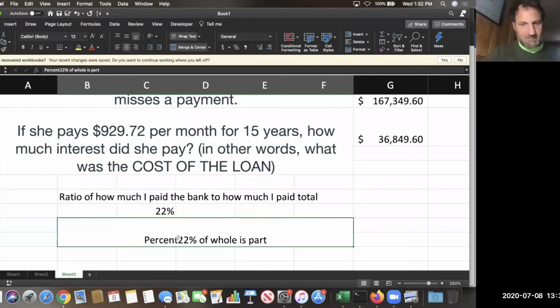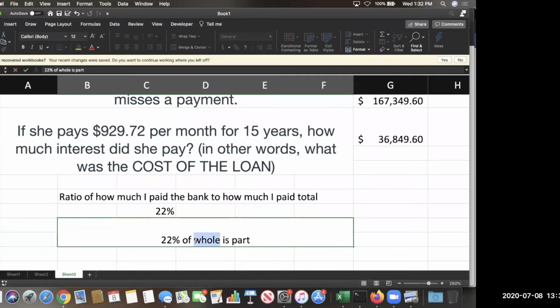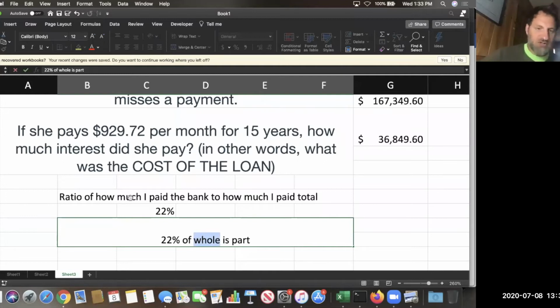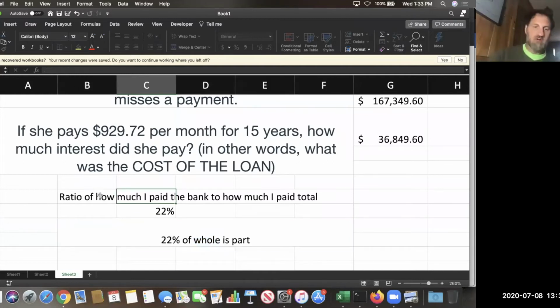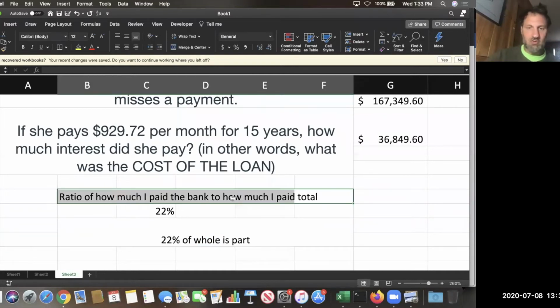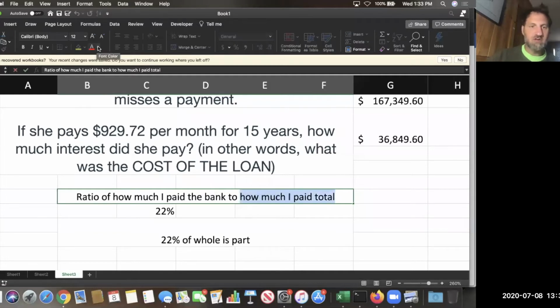Okay, so you filled in percent with 22%. That's good. And what's the whole in this case? Is it the loan? Well, I would go back to the ratio framing here, and then think about the fact that this is part to whole. So the whole is after the word to. This part right here, this little set of words. 22% of